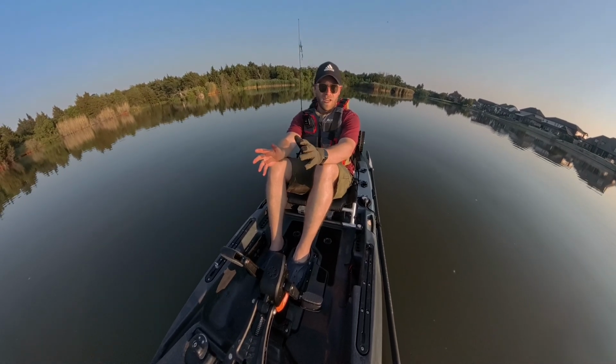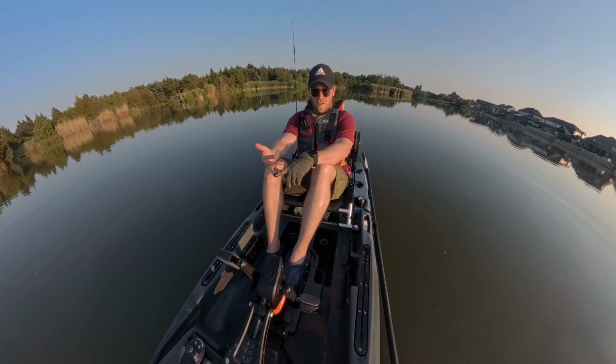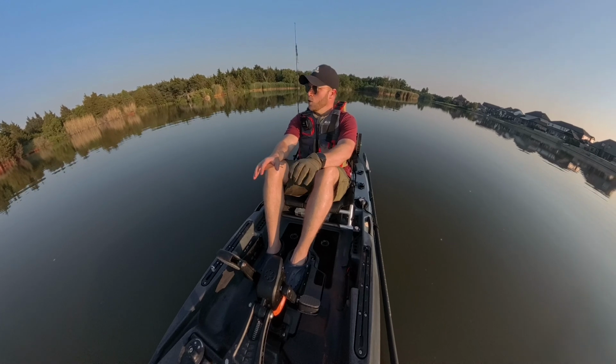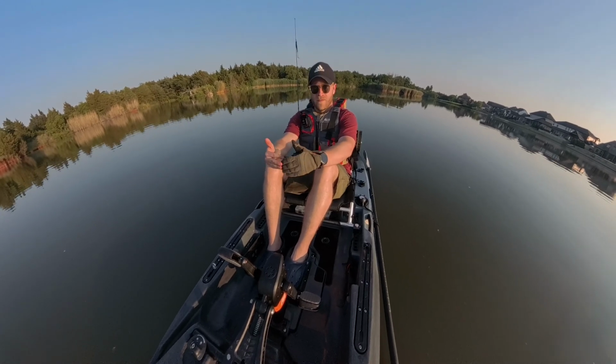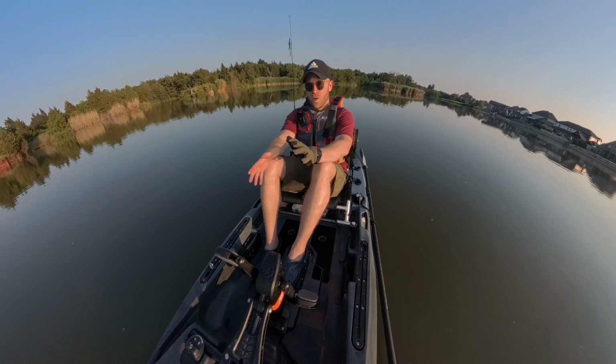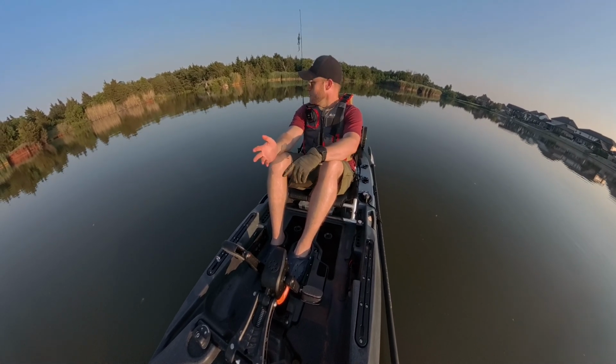For me, one big question I had was, what constitutes clear water versus a dirty, stained water? I'm in the South, and based on what I've figured out, in the South, basically clear water means you have 2 or more feet of visibility in the water. Stained water is going to be anywhere between 1 to 2 feet of visibility. And then muddy water or dirty water, honestly,